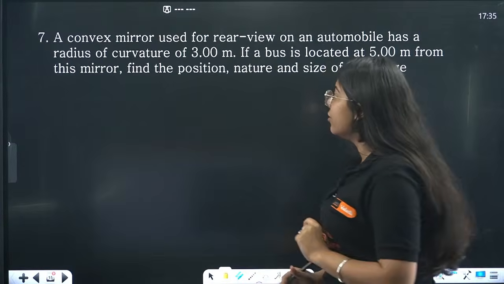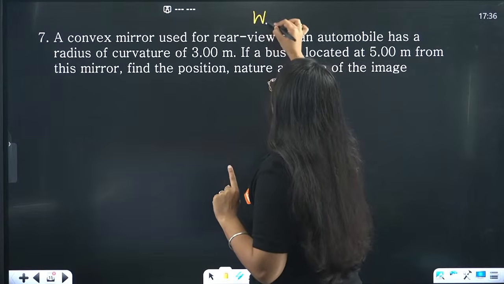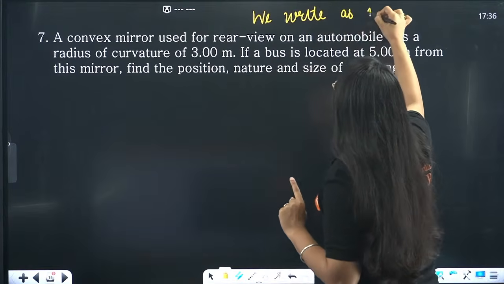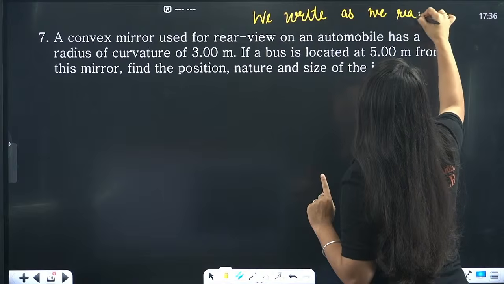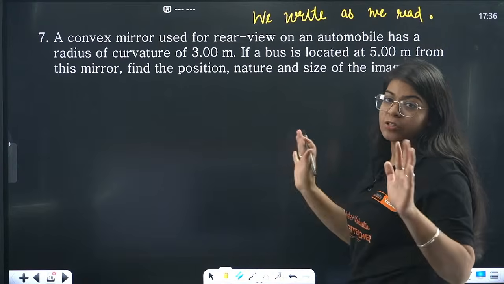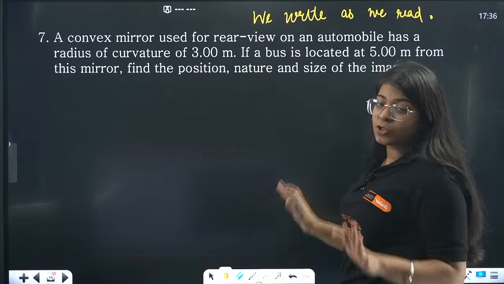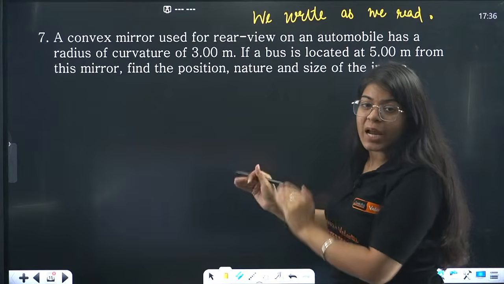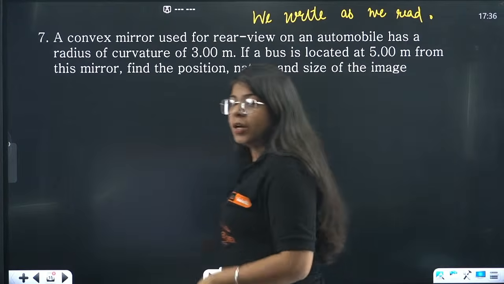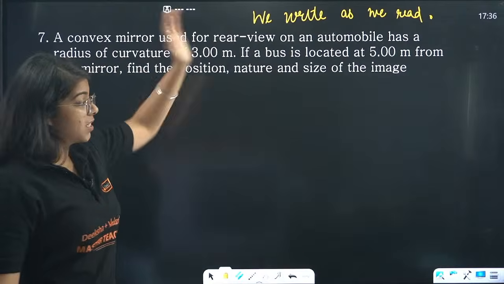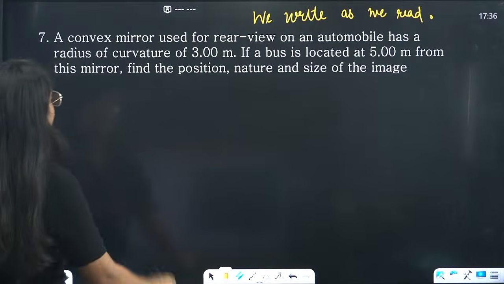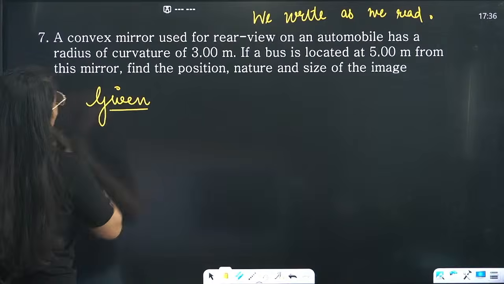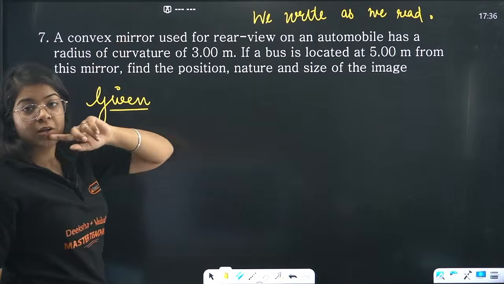Okay, so I have a rule, we always write as we read. This is the one sentence you have to engrave in your mind, body, soul to understand numericals, to do numericals. Okay, now as you read the question, you write down what is given and what is the exact syntax of how to write this question. See, first write what is given. Okay, now what is given? A convex mirror. So firstly